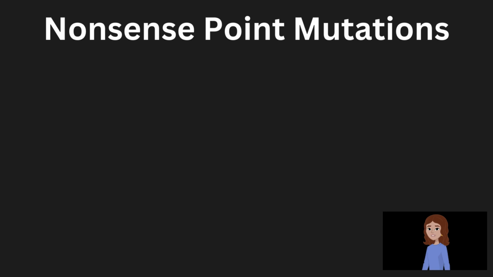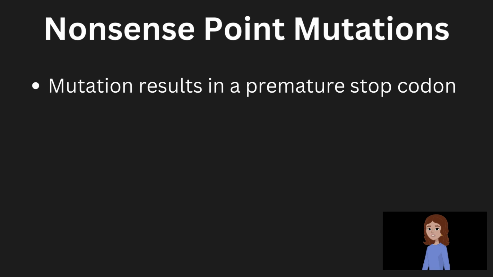A nonsense mutation occurs when the nucleotide base being mutated creates a premature stop codon. These are similar to missense mutations, but are only classified as nonsense when they make a stop codon. If you remember from our previous video, the three stop codons are UAA, UAG, and UGA. You can imagine how detrimental this could be for proteins if half of it doesn't get made due to this